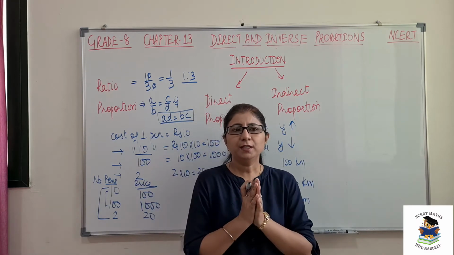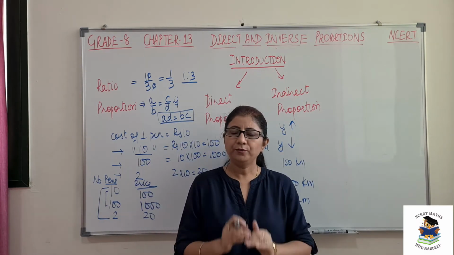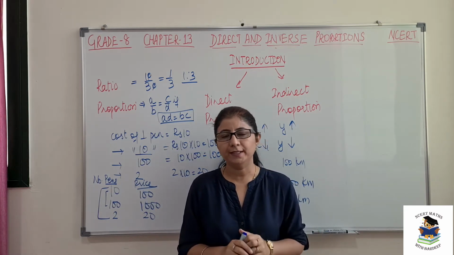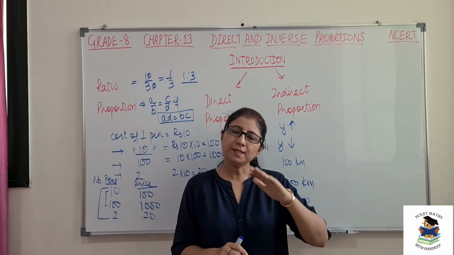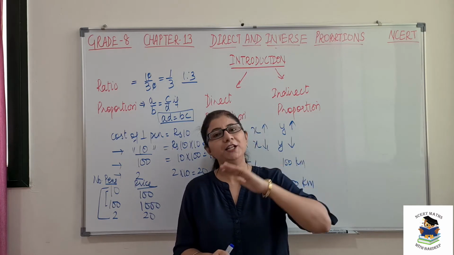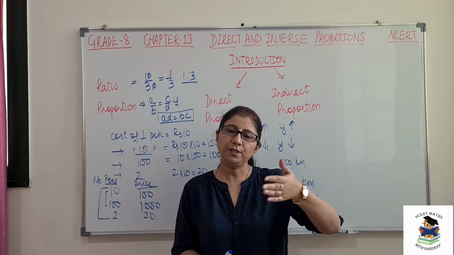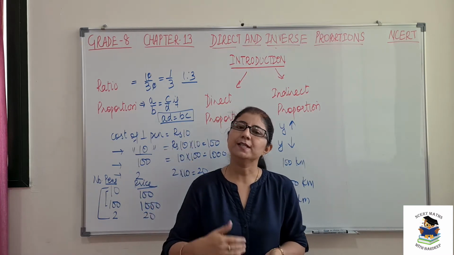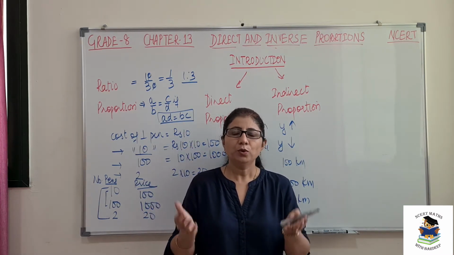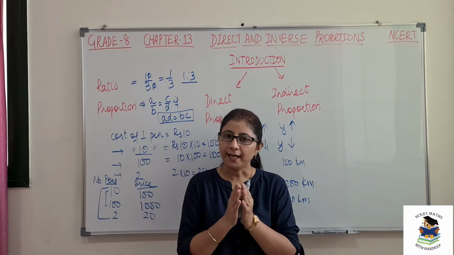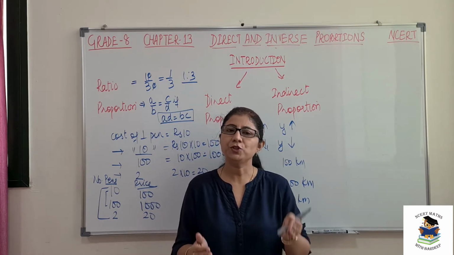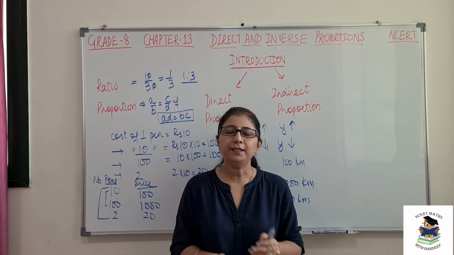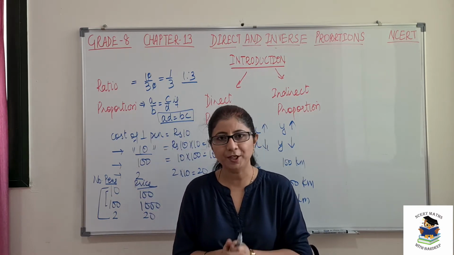Also, suppose in a bank, if we deposit some money, we will get interest by the end of the year. If this amount is increased, interest will also increase. If this amount is less, then the interest that the bank will give us is also less. So overall we can say that any two quantities which increase or decrease in the same direction, that data is said to be in direct proportion.